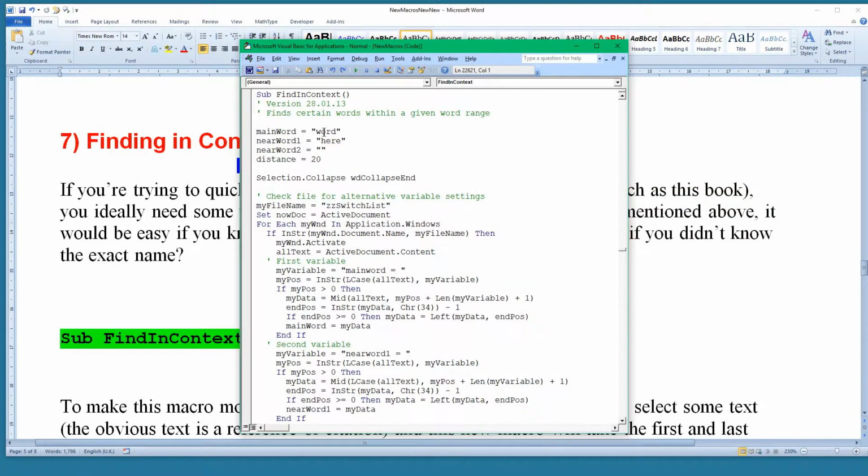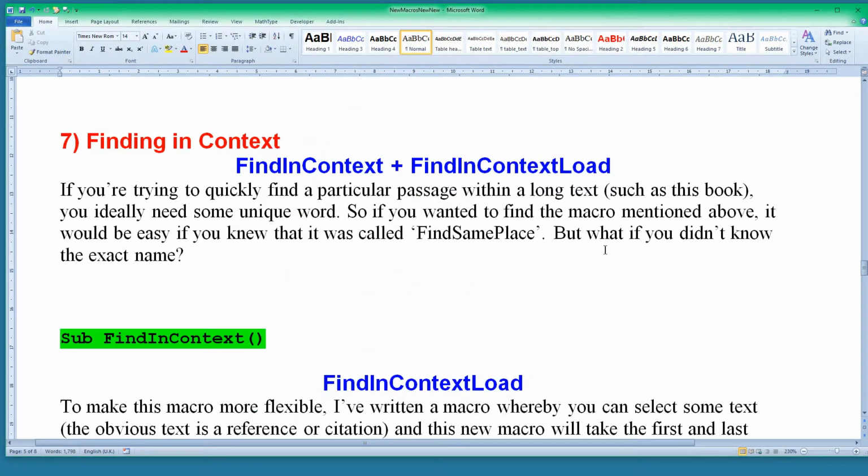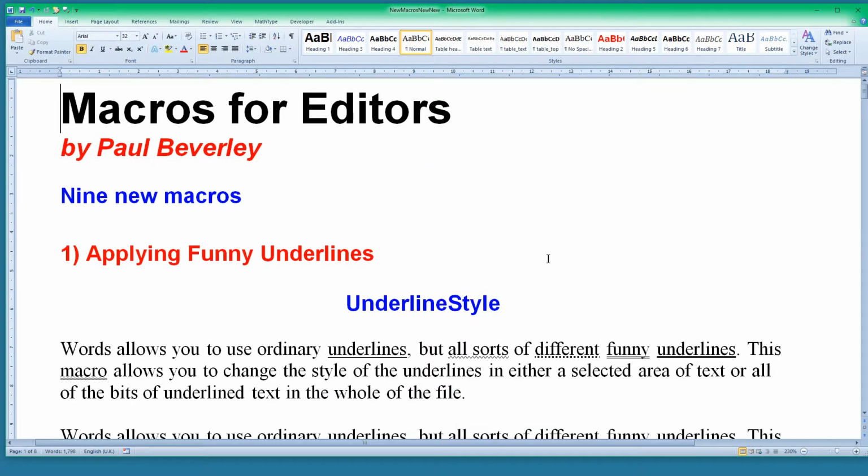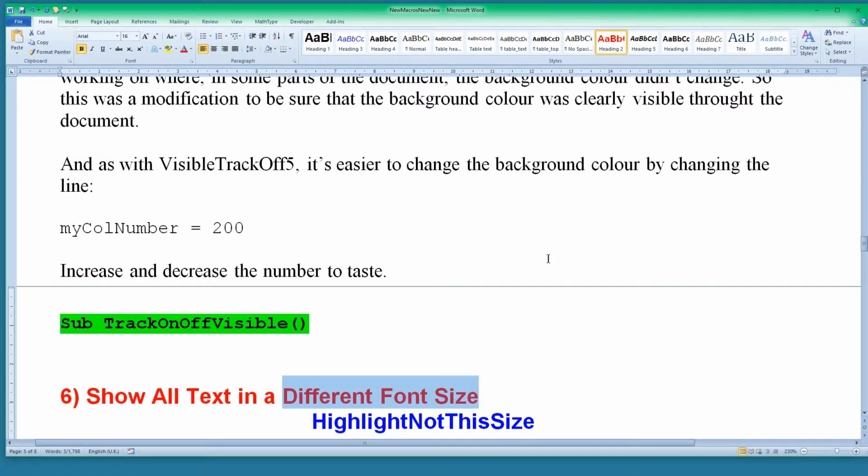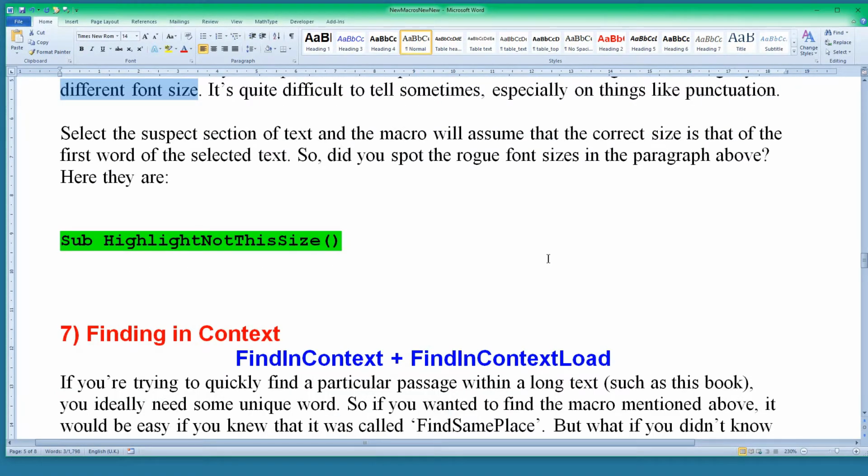At the beginning of the macro there are two words, well there's three, but just for the moment we'll just use the two. So if I wanted to look for something to do with different size, I could type those two words in there, and then I could search through the document. So I could go to the top of the document and then search by running this macro, find in context, and it's found there different size. Run it again, different font size, and then I used diff rather than different, and so it's found that as well. So that's the way to find words that are near to one another,